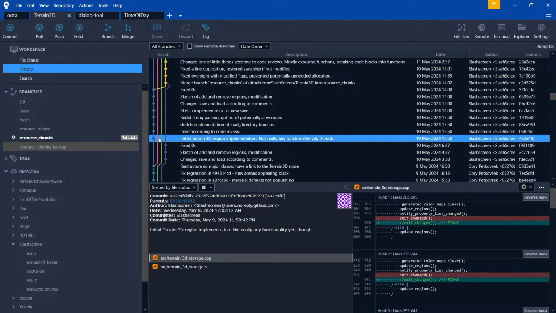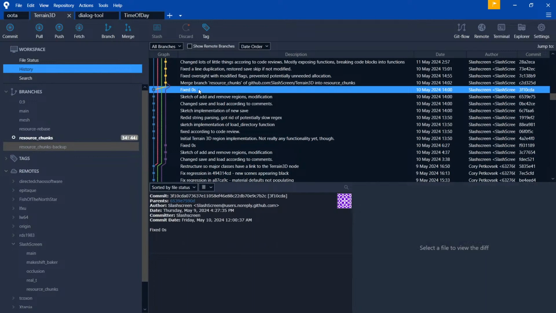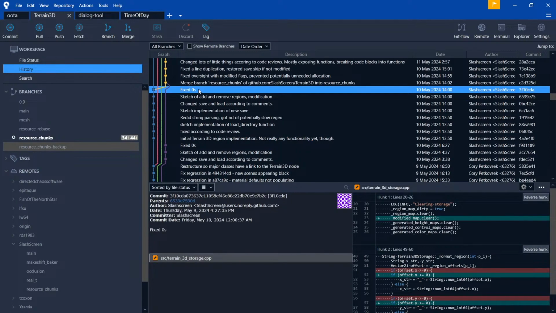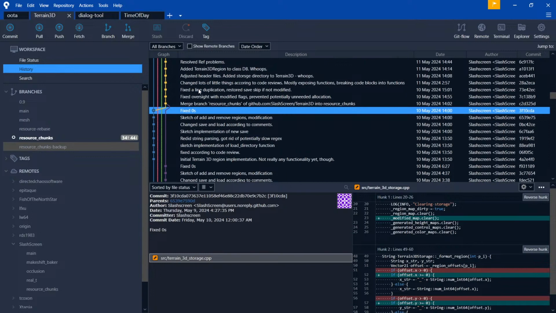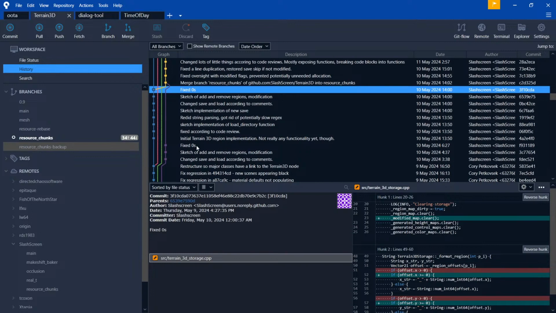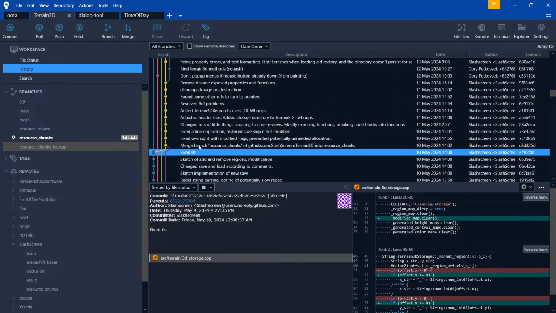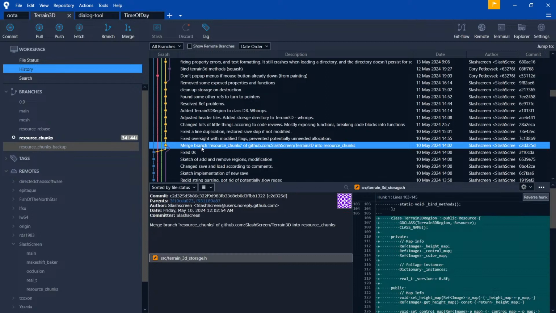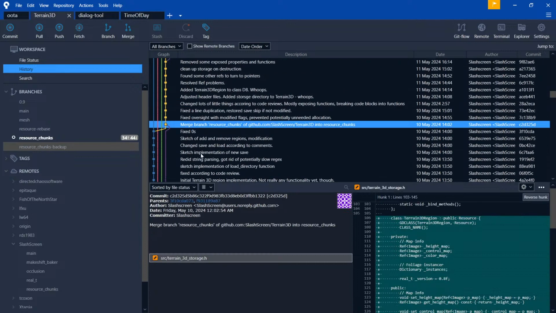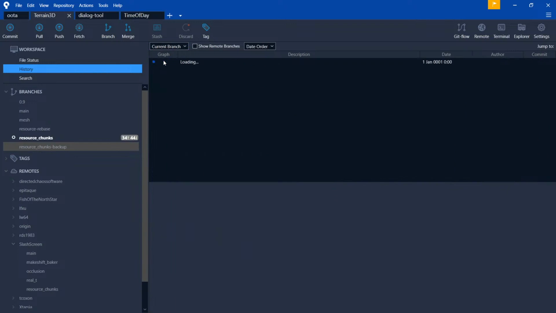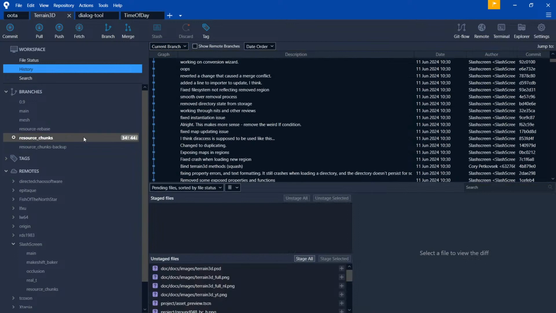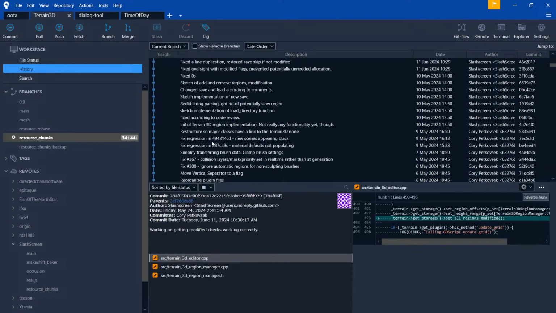And then starting here on the blue branch, we have initial terrain 3D all the way to fixed zeros, and they're both in that branch. So we have about seven duplicate commits that are in the branch twice, and they're tied together by this merge. We just dropped all of them. So if we're looking at just this current branch now on resources chunk, what we just rebased,